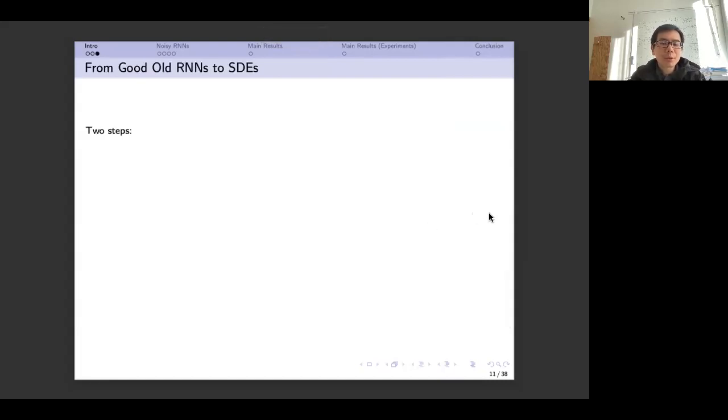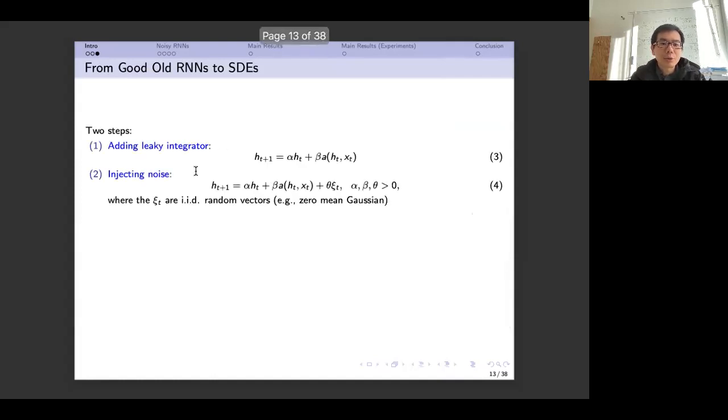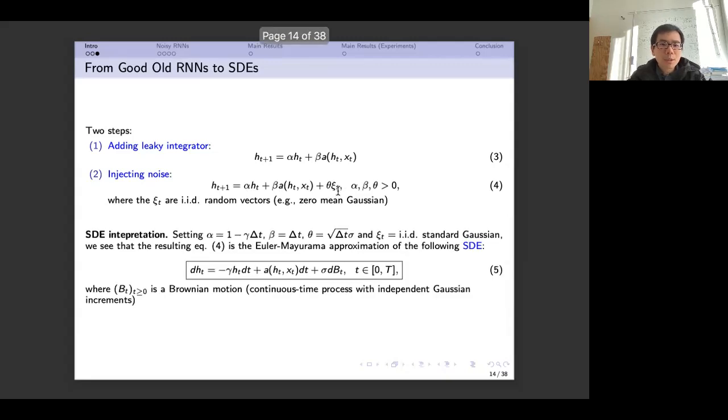So how can one design a stochastic version of RNNs from this setup? There are two steps. First, we add a leaky integrator, and then we inject noise into the hidden states of the network. Typically, we use Gaussian white noise. It turns out that this equation can be interpreted as a certain discretization of a continuous time stochastic differential equation